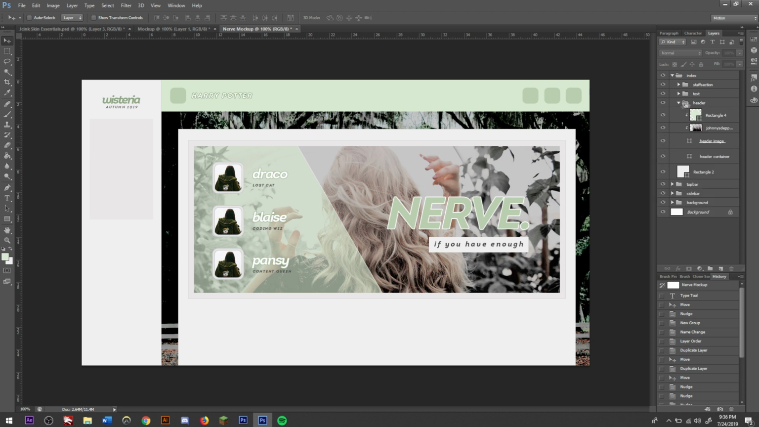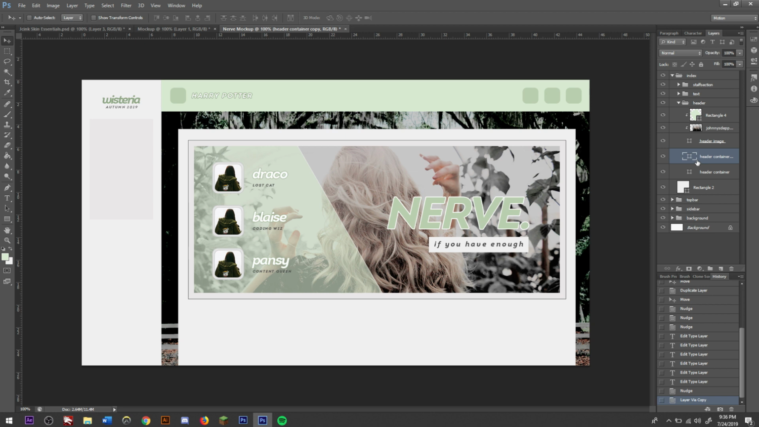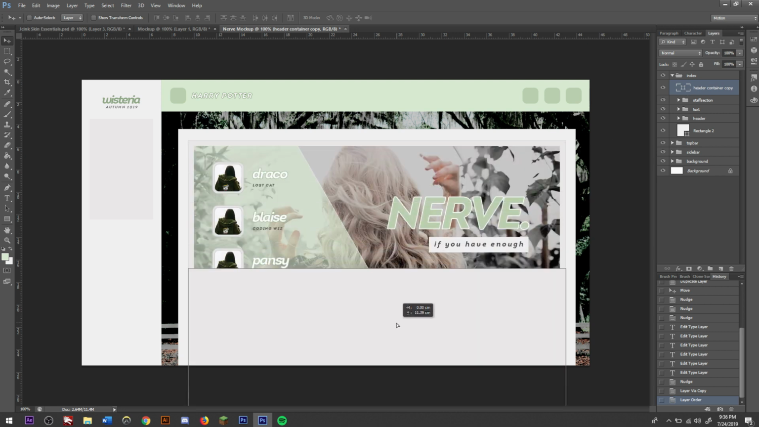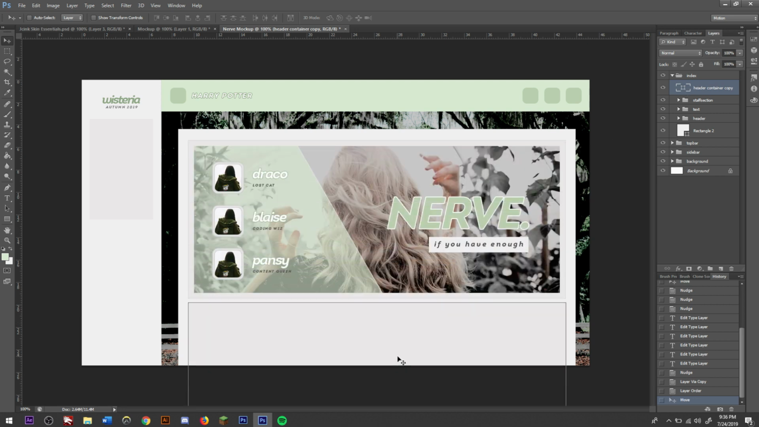So what I'm going to do is open the header, go to header container, click on it, press Control J, move it to the very top, close the header, and then drag that down while holding shift so that I know that they are aligned and I know they're the same shape and the same width. So now